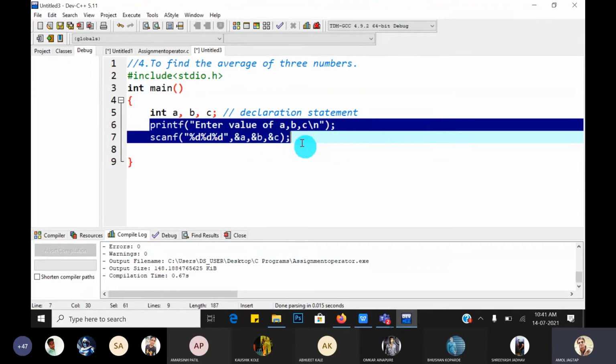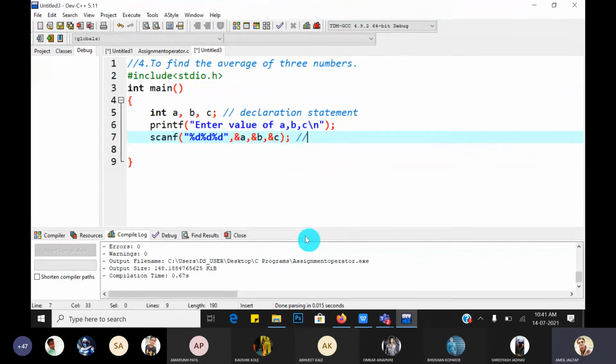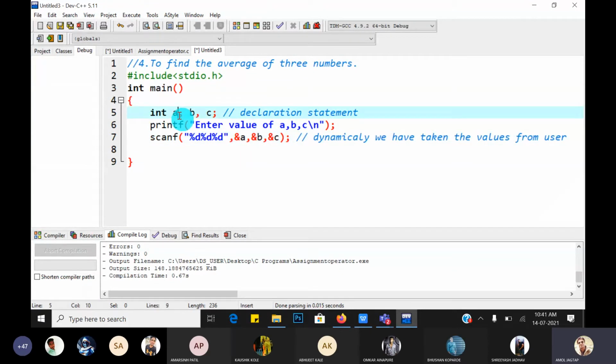That is called dynamically. Dynamically, we have taken the values; the values are not static. Static means what? We have assigned here a is equal to 10, b is equal to 20, c is equal to 30, like this.